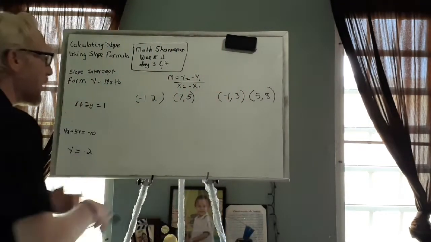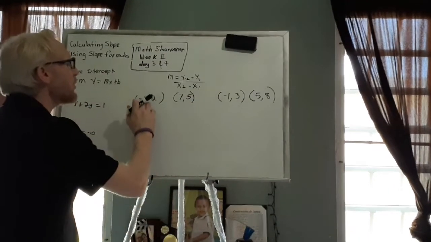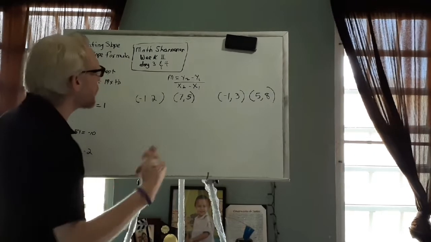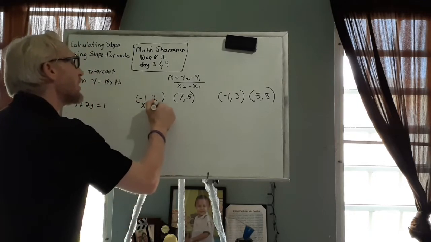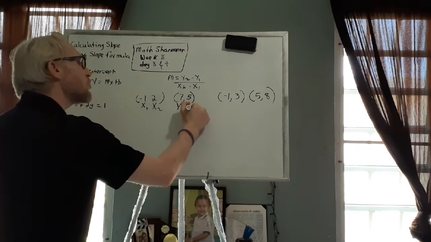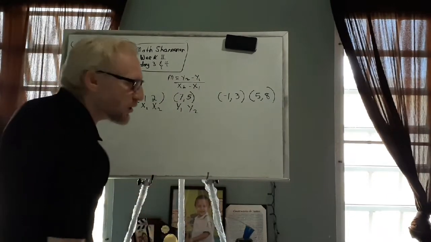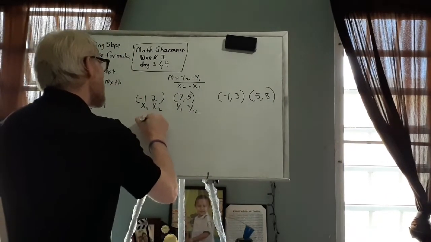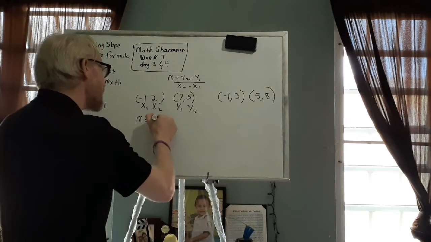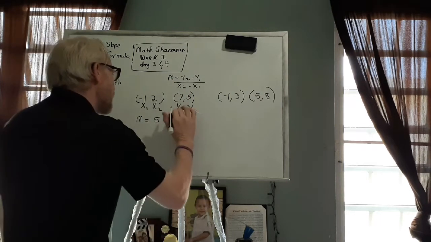Okay, so in an ordered pair, if we were to graph this on a coordinate plane, we know that the first coordinate is x and the second coordinate is y. So what we do is we read them from left to right, and we say that this coordinate is x sub 1, and this coordinate is x sub 2, and this coordinate is y sub 1, and this coordinate is y sub 2. So once we do that, we simply plug them into the formula so that we can obtain our answer. And we say m equals, well, y sub 2, instead of writing y sub 2, I'm going to write 5, because that's my y sub 2. And instead of writing y sub 1, I'm actually going to,